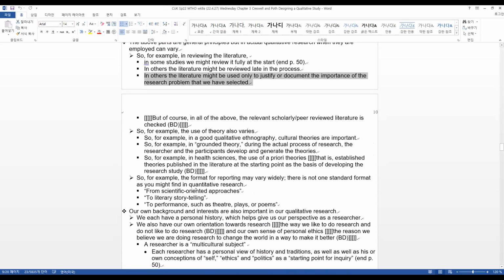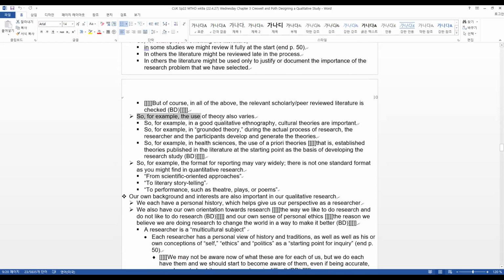So, for example, the use of theory also varies. In a good qualitative ethnography, cultural theories are important, like in anthropology, right? Or in grounded theory, during the actual process of research, the researcher and the participants develop and generate the theories. So grounded theory means trying to understand the implicit theory that the interviewees that you're interviewing, or the people you were studying, use in their own heads to explain and motivate and drive their own behavior